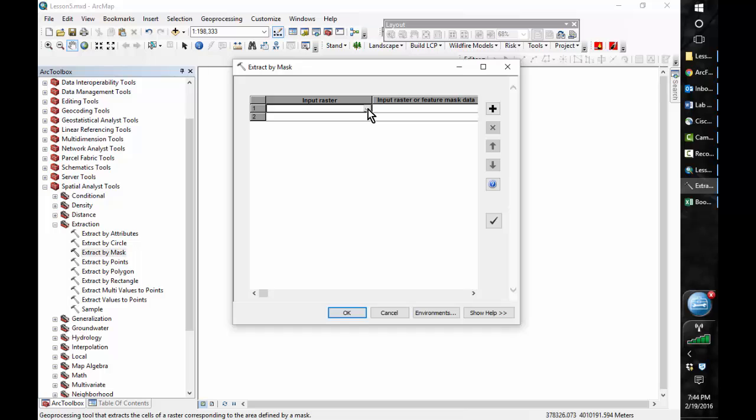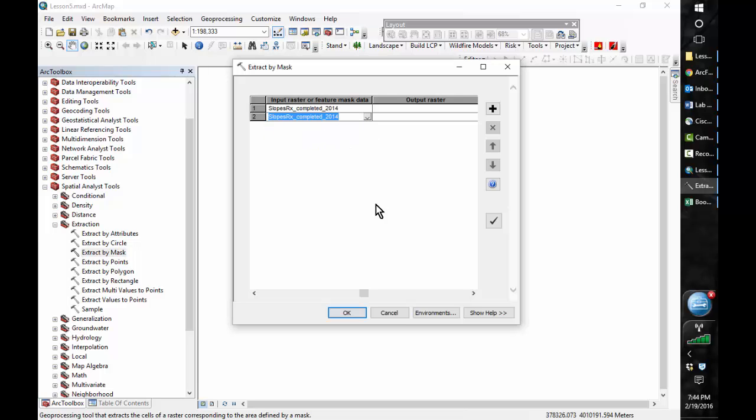So our input raster is going to be, we're looking for things in the conversion results folder, so no treatment Crown Fire activity here, and this is going to be the slopes 2014 Crown Fire activity, and the input raster or feature for clipping is going to be the completed